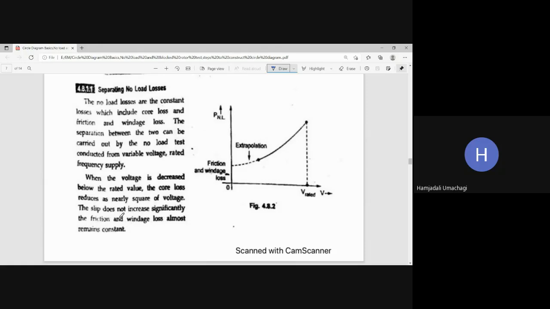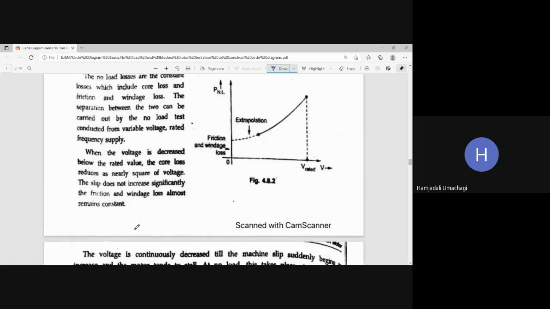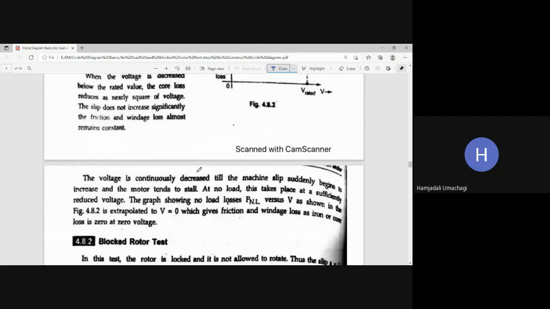So after this, slip will not vary significantly, it is almost trying to remain constant, and along with that, friction and windage losses are also going to remain constant. Okay. Now the voltage is continuously decreased till the machine slip suddenly begins to increase and the motor tends to